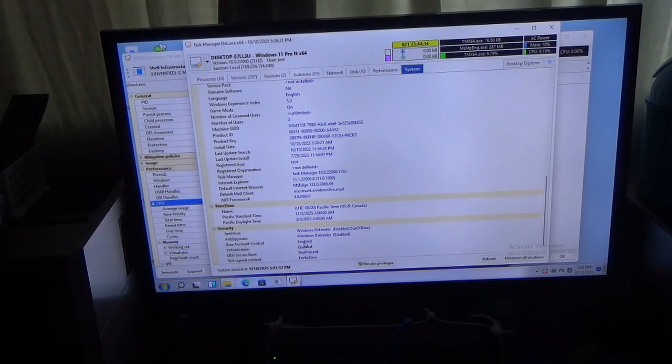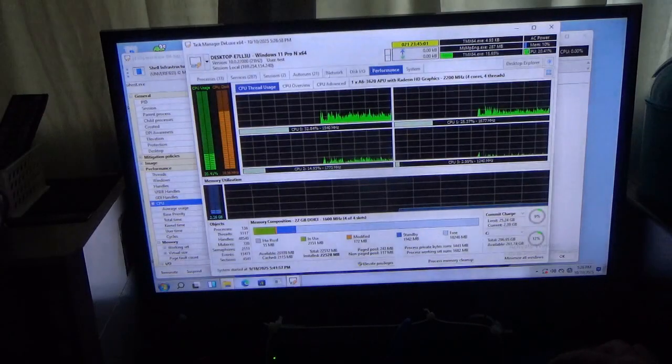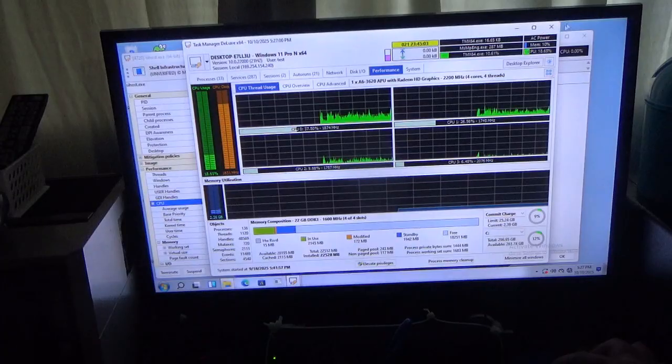So I have antivirus, Windows Defender is enabled, anti-spyware, Windows Defender in this case, user account control is enabled, virtualization is enabled, UEFI, that is the new BIOS. It's not present because this computer is really old. This is test sign content, it says forbidden. Go to performance again, and this is all the stuff that you have.